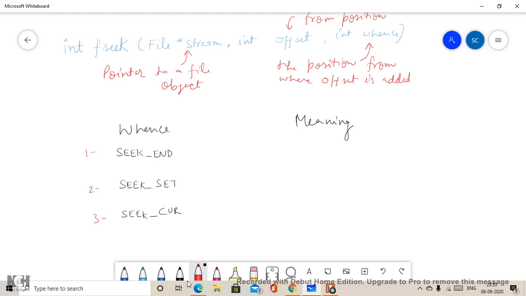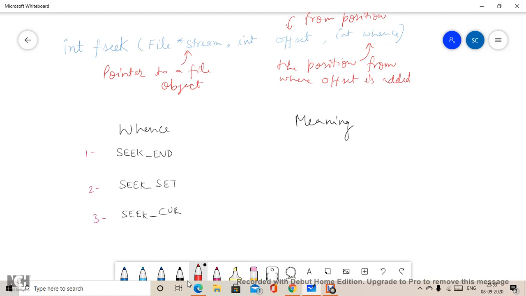We have SEEK_END, SEEK_SET, and SEEK_CUR, which is short for current. Remember these are written in capitals, so they will be used like that only.